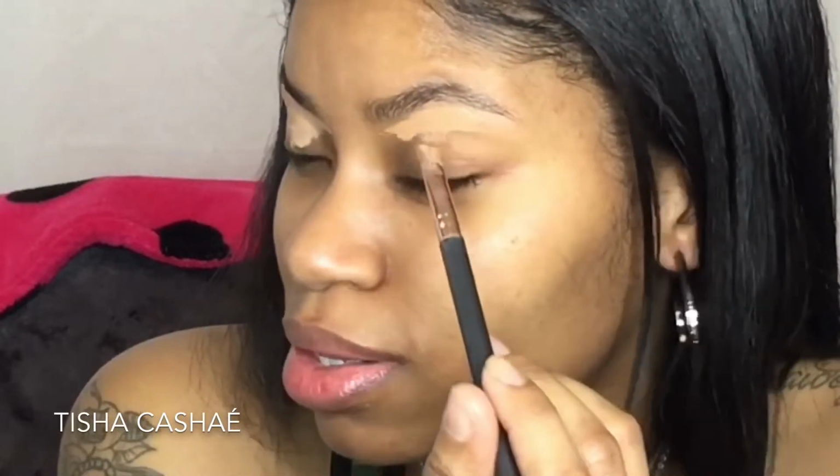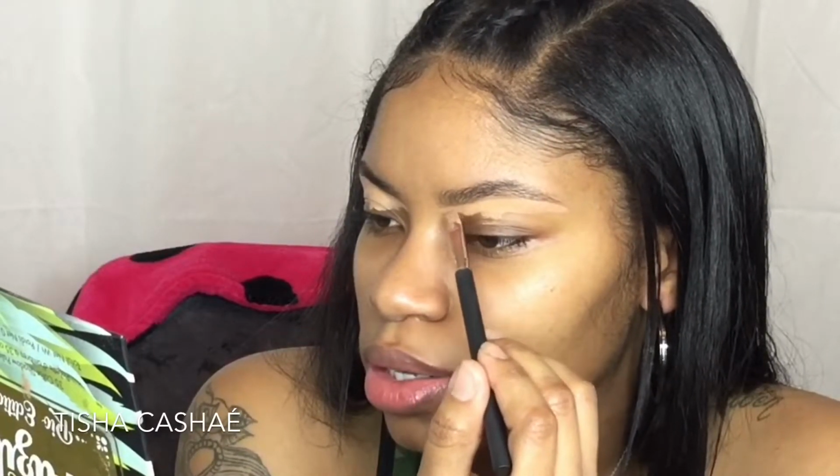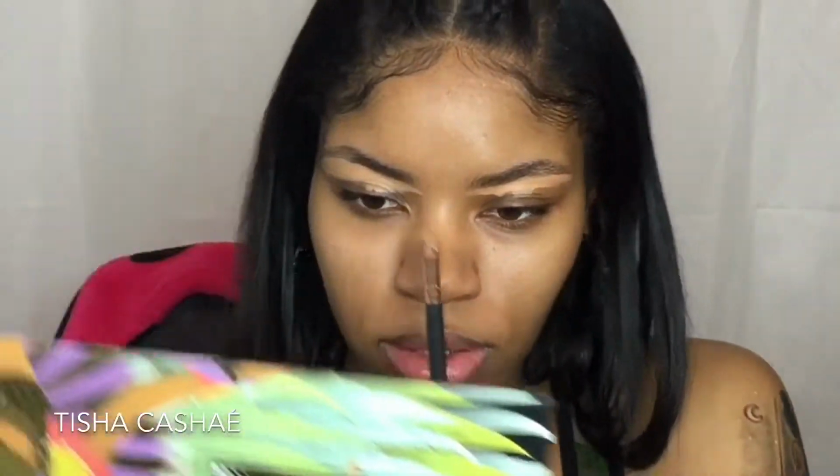I have a random scar on my eyelid that I don't even know where it came from, but it's there. So I'm gonna try and conceal that too. The front of my brows are just so hard sometimes that I have to try and get them even by doing that whole monobrow trick. I'm just gonna brush again just to make sure the hairs are where I need them to be. And I gotta find my actual